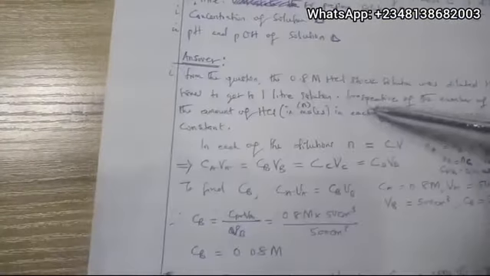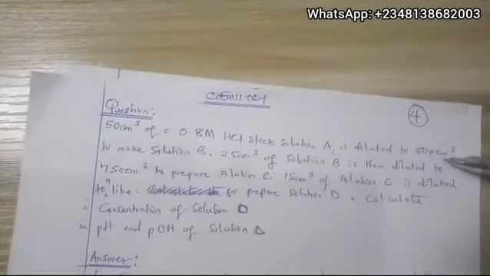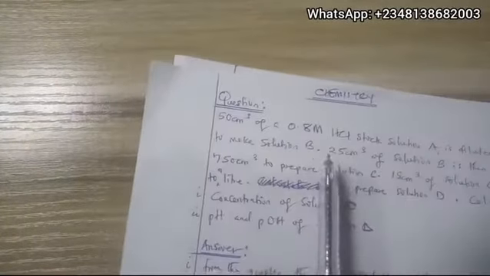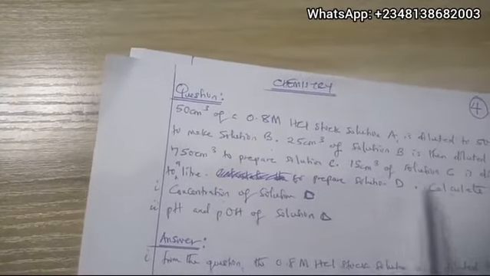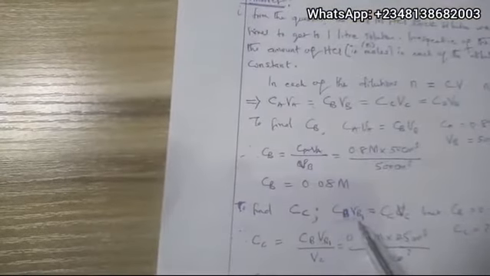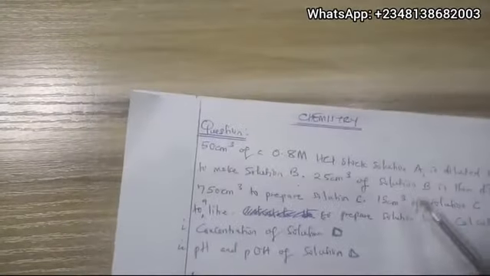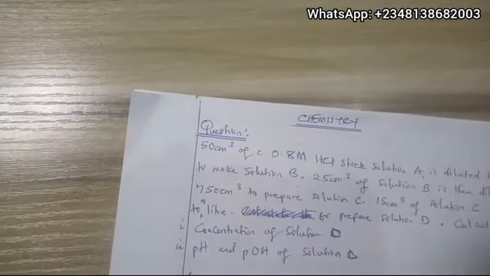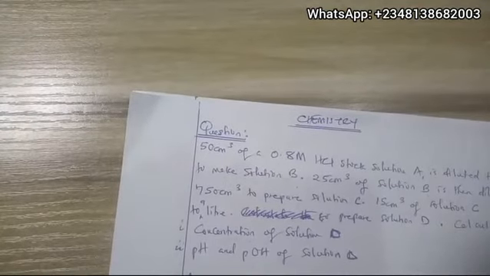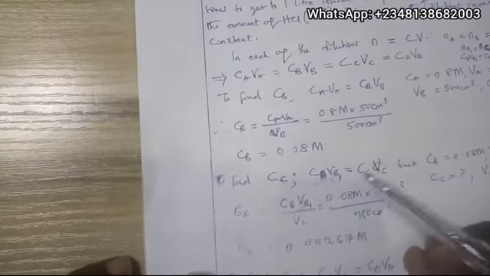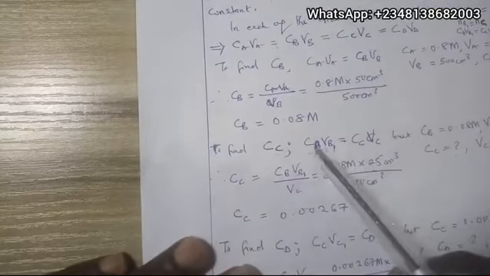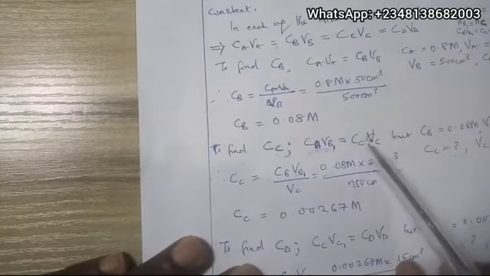But they say that from the solution B you produced, 25 cm cube of it was taken. So I needed to attach something here to distinguish this volume that was taken from solution B from the actual volume of solution B that was produced. So that's why you are seeing CbVb1. So let's continue. So if CbVb1 is equal to CcVc, it then implies that Cc, you make Cc the